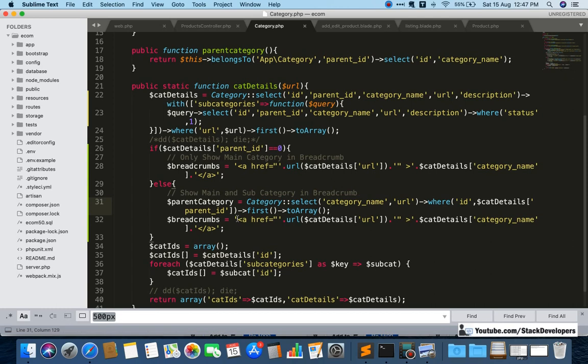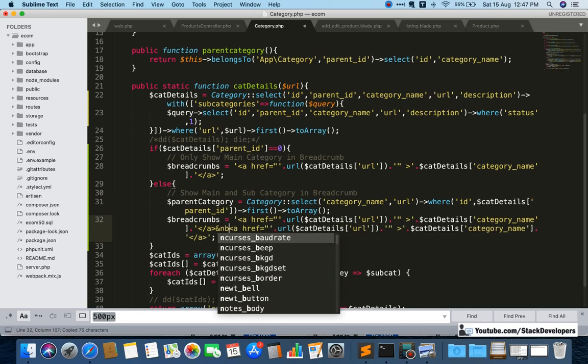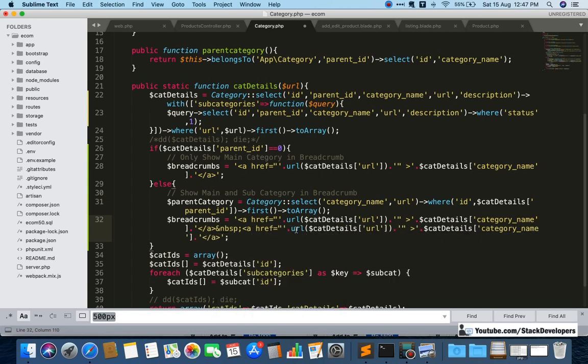So fine. So here I am going to just copy this one and paste here, nbsp and nbsp. So here we are going to use the parent category in case of url as well as in case of category name.